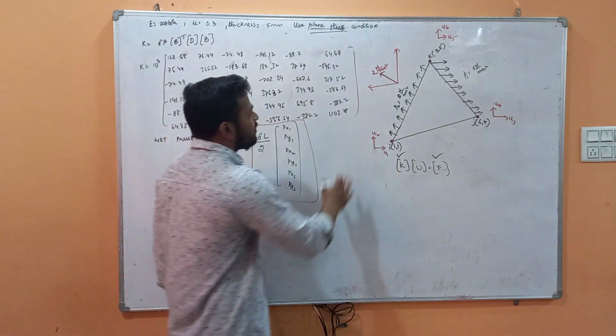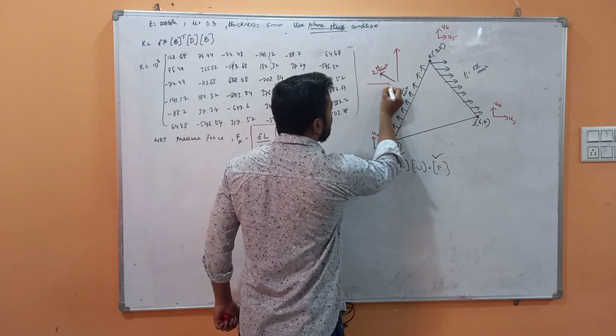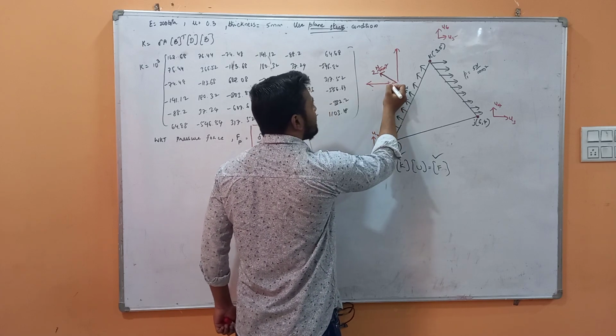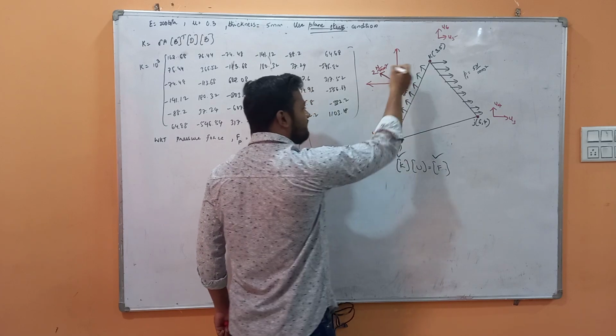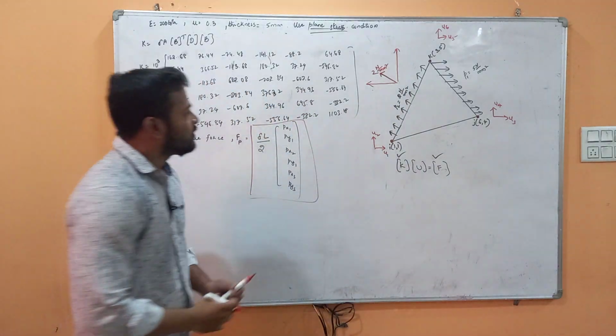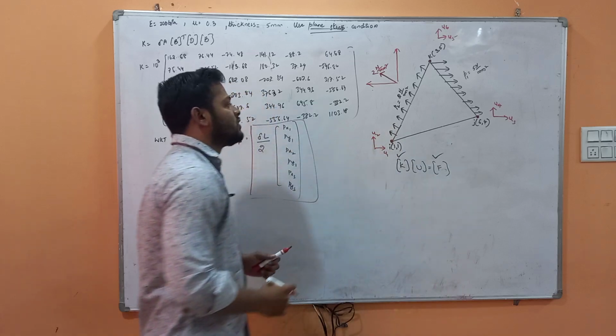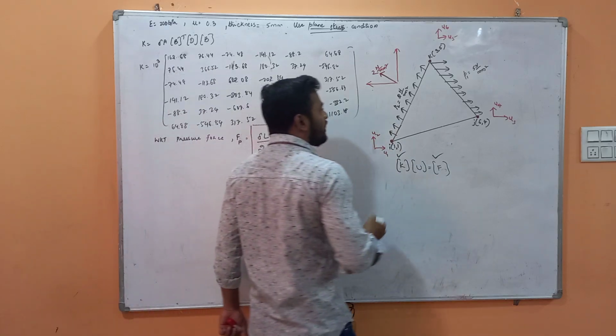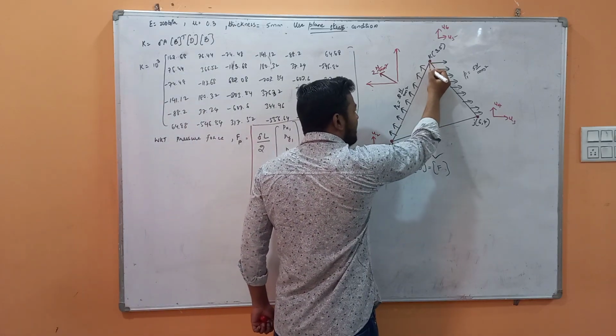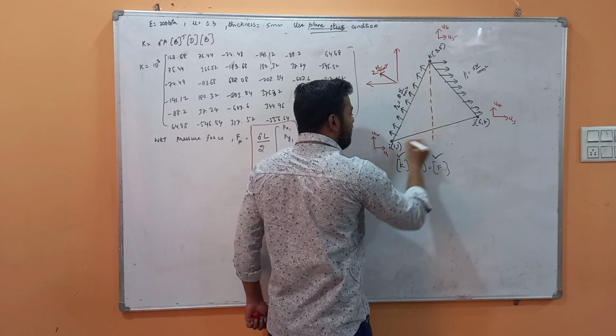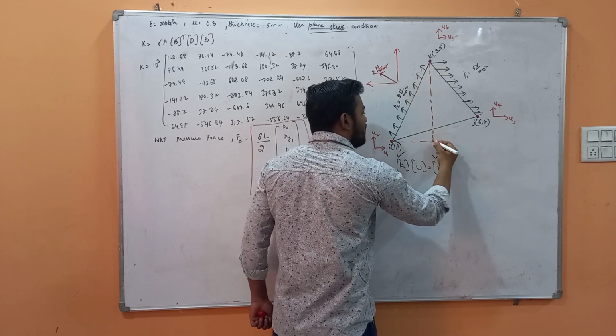So in order to find out these values, we have to find out the angle. We need either the angle with x direction or the angle with y direction. In order to resolve this force into two components, we need the angle of this force. So for finding out that angle, I am going to form one right angle triangle here. So what will be this coordinate?